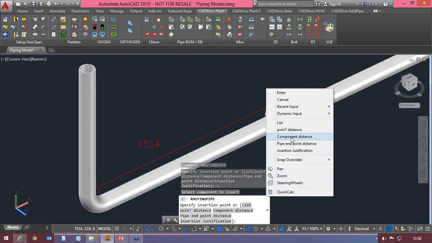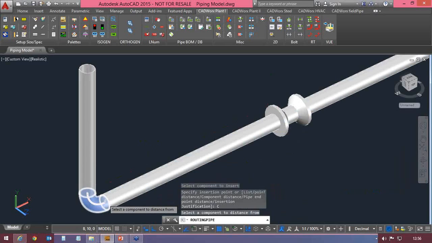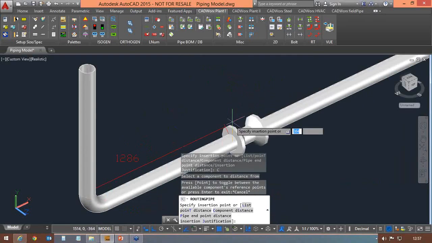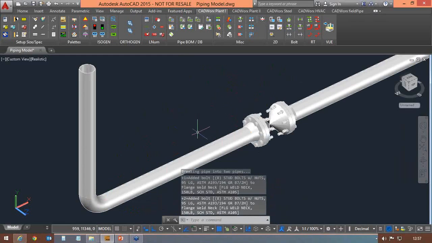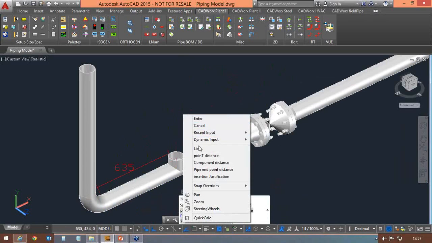Choose the component distance, and then I can choose this elbow as my reference component point. Now, once I choose this elbow, you see it is taking the distance from this elbow point. Let me place this valve at a distance of, let's say, 1500, and again I'm taking this list